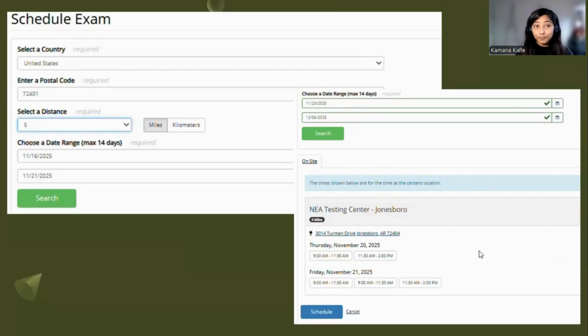So here you can schedule your exam according to your feasibility, to your feasible places. Jonesboro is a feasible place for me, so I select a distance of 5 miles. I stay in Jonesboro, so it will show just one testing center in Jonesboro, which is at 3014 Torman Drive, Jonesboro. So it shows me, and you can put your date range from a minimum of 1 day to